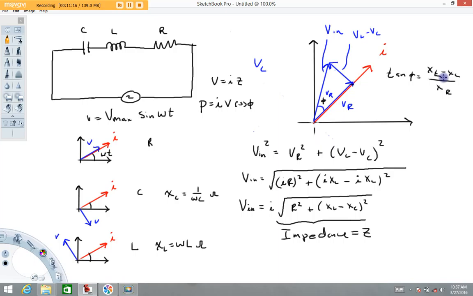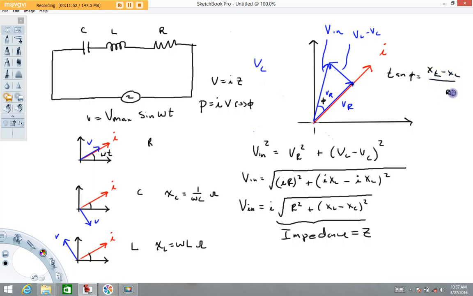I mean, it's important that you get it right, but whether you put X sub L minus X sub C here in general isn't that important. You're going to tell from your picture. If the V sub L is larger, this will be an X sub L minus X sub C. If the V sub C is larger, this will be down here like this, and this will be an X sub C minus X sub L. And you're always going to have just an R in the bottom. I put X sub R here. That actually is just R, the resistance. Resistors don't have a reactance to them.